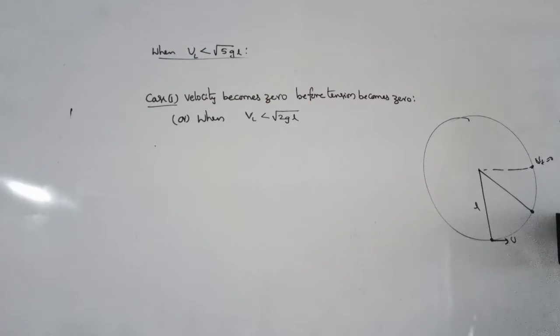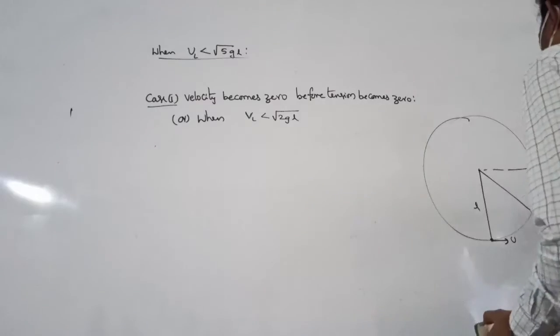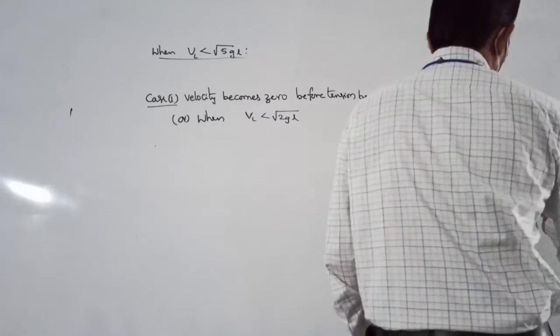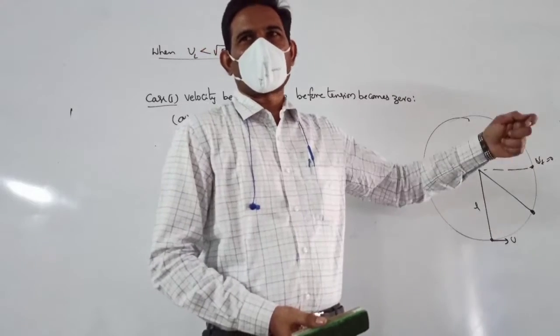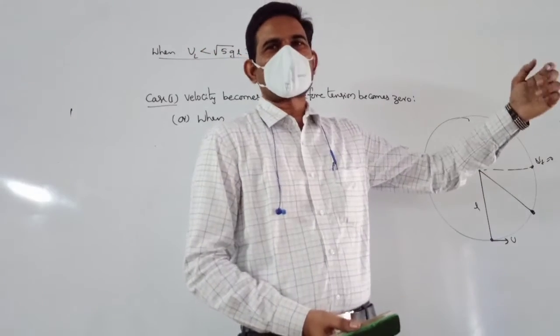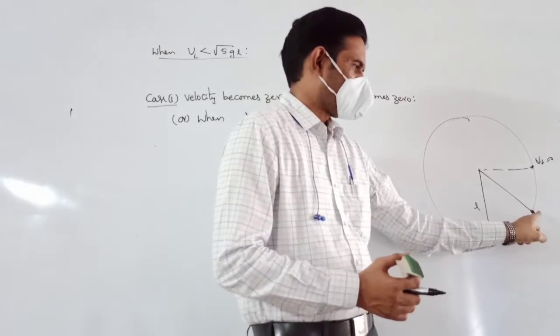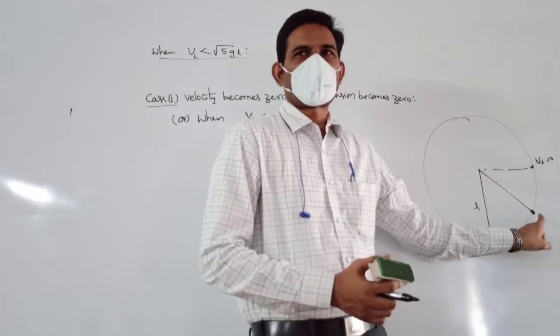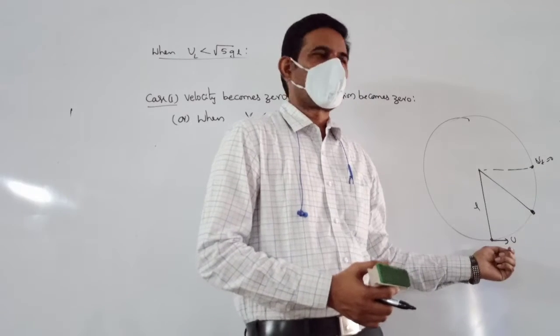Suppose it is reaching this point here. That's the final point. Such a point we call the extreme point. Do you know the extreme point in simple harmonic motion? It is the point where the particle reaches, its velocity becomes zero, and the particle comes back. So at the extreme point, the velocity becomes zero, right? It is the final point where the body can reach.